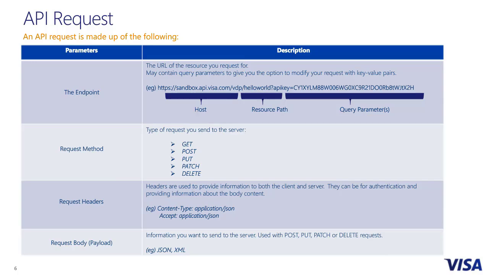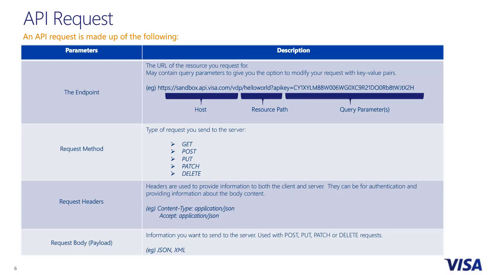So for those who know about Visa Developer Portal, we currently have multiple products hosted on Visa Developer Platform. Currently the count is close to 90. So we have 90 odd products hosted on VDP. Now each of these products have multiple API bundles and all these APIs have multiple endpoints. So endpoints are basically the API requests. Now, let's see how a typical API request looks like.